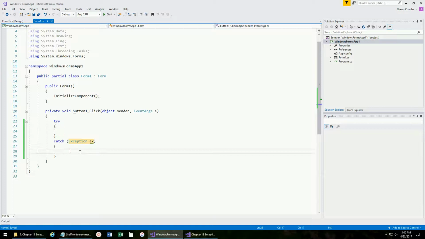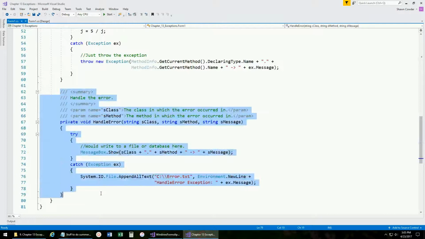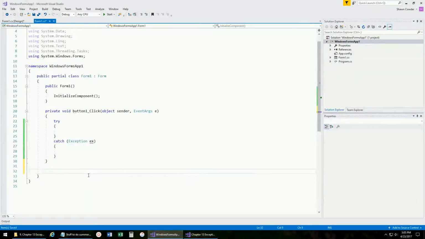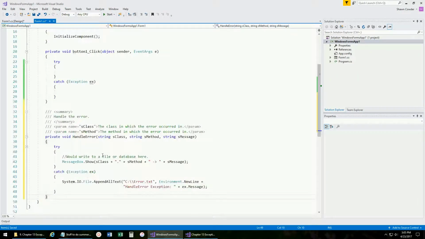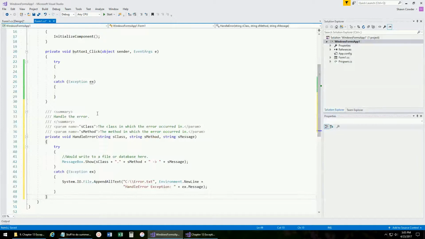So now you think to yourself, this is a top level method. Yes, it is. No one else is going to call this, so I know that I'm going to have to handle this exception. So why not just do the easiest thing possible? Go over to the code that I've already given you and just copy and paste this. So now you've got this method here that can handle the exception. And the next thing to do is just copy and paste the code that I've already given you right here